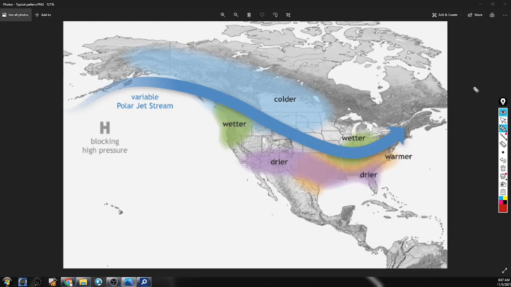So we're taking a look at the typical La Nina pattern, which is in effect for this winter, as we're seeing a weak to moderate La Nina throughout December, January, and February. Typically, we have our polar jet stream, this is just your jet stream. It dips down through the central parts of the United States, going through the central Great Plains, and takes a northern shift around the Tennessee Valley area.